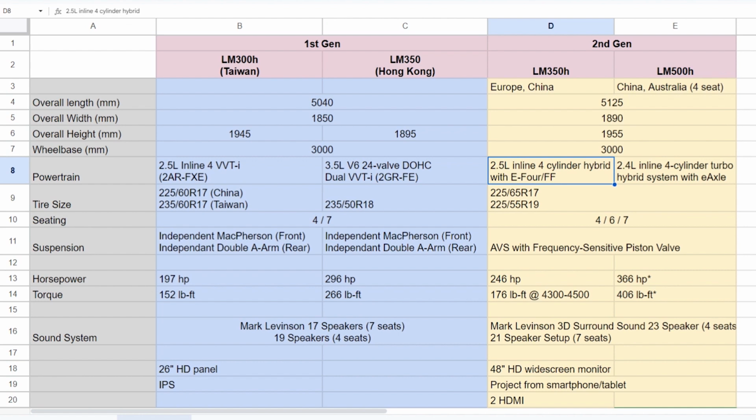You know, I previously said I don't know why the first generation didn't have a 500, but now we see the LM500H, which is the 2.4 liter turbo hybrid system with direct 4. And let's move on to the tire size. So they have a 17-inch and